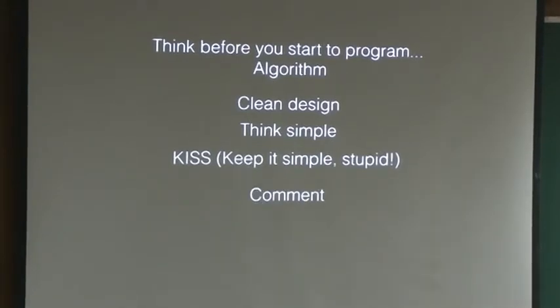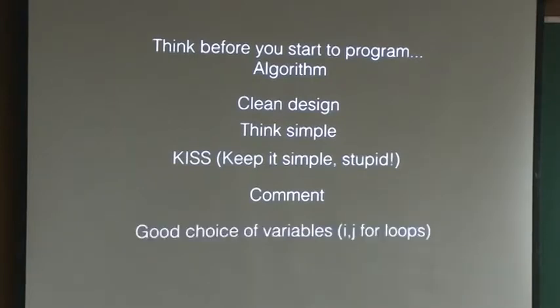Comments. You should comment your code: what is input, what is output. A few lines you should comment. Otherwise I don't know what variables I was using last time, so there should be a good choice of names. For example, I'll do one illustration. I will try to write a code for searching. So my variable must be chosen with some thought, like factorial. I should not say x equal to something. So for factorial, I put fact. I didn't want to use the word factorial for my variable y. It will conflict with the name of the function, and even though Python may work, I don't know, I didn't test it, it's not a good choice. So this is important. At least 2 students asked me